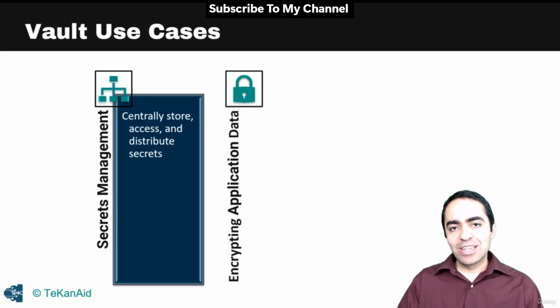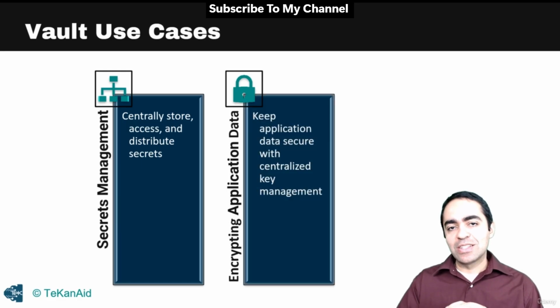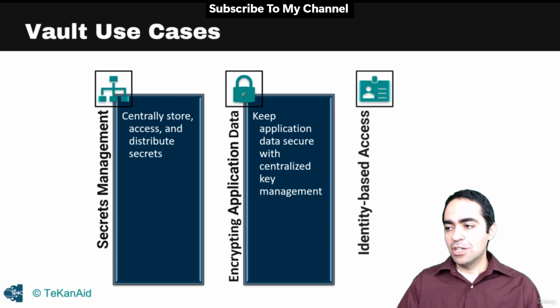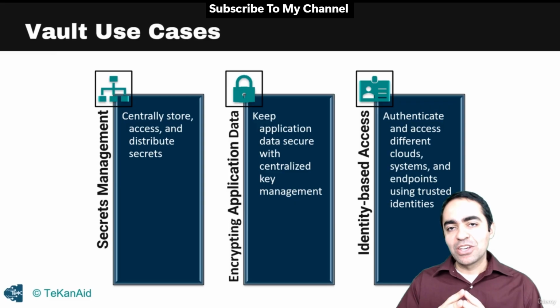The second use case is encryption, or encrypting application data. So the idea here is keeping the application data secure and centralizing the key management for the encryption keys inside of Vault. The third use case is identity-based access, and this is the idea of making Vault a broker of